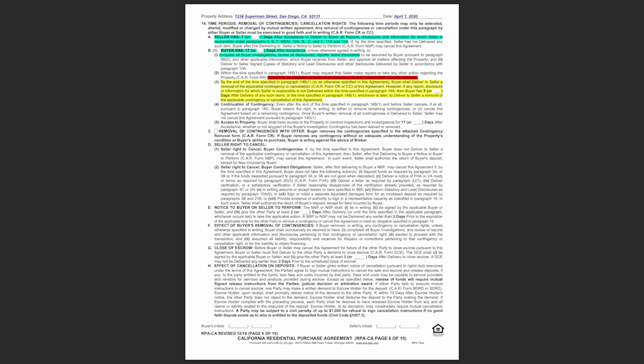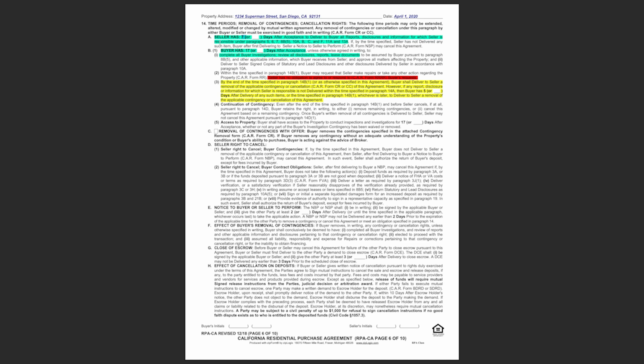However, it gets interesting though, because the seller had 7 days to disclose all material facts that they know about the home, which then gives the buyer 10 days in between to do their own due diligence. Now, does the seller and the listing agent always give you documentation within that first 7 days of the purchase agreement? Chances are, no, they did not. So I've highlighted paragraph